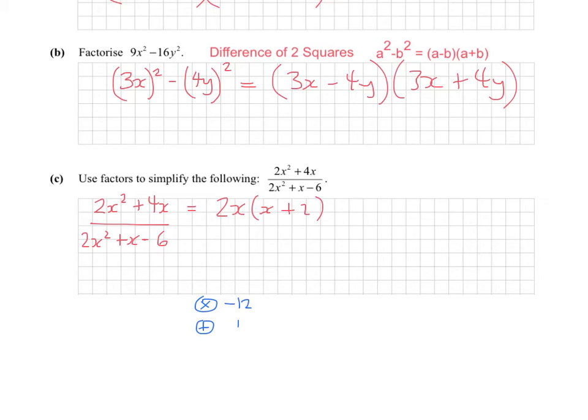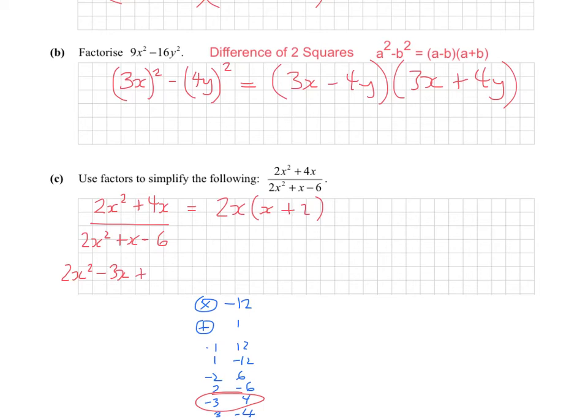Well, in terms of factors, we've got 1 and 12, where one of them is positive, one of them is negative. We've got 2 and 6, where one is positive, one is negative. And lastly, we've got 3 and 4, where one is positive. And if we think about it, which pair adds together to make 1? It's minus 3 and 4,